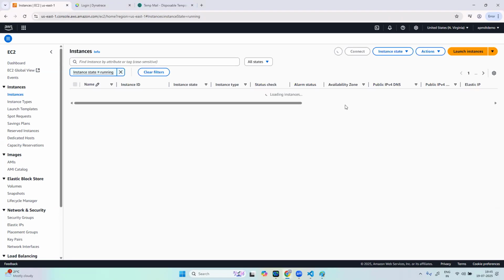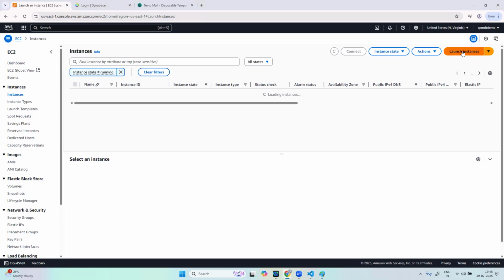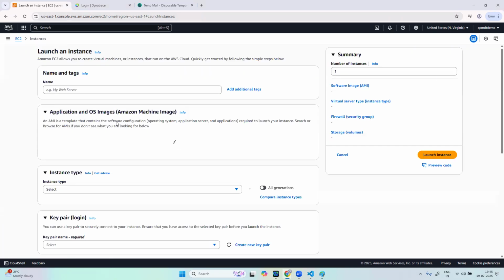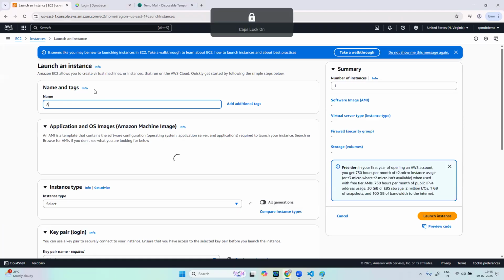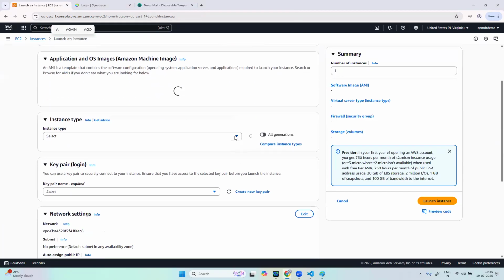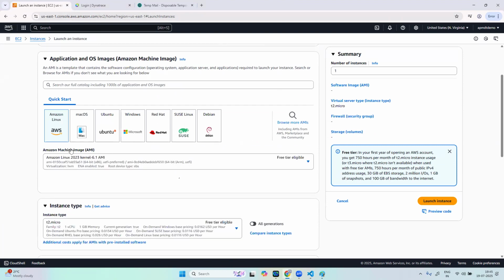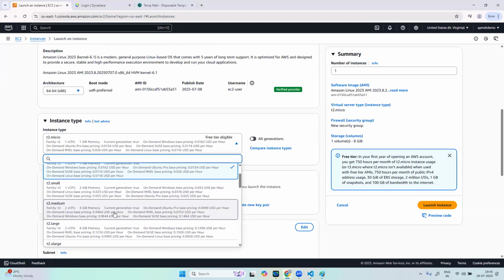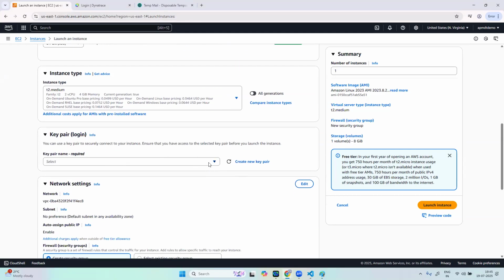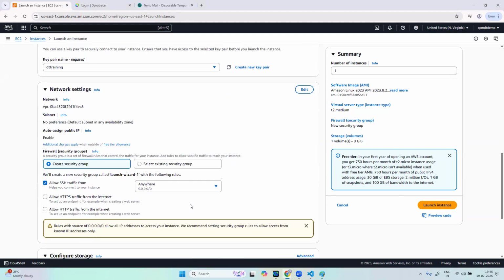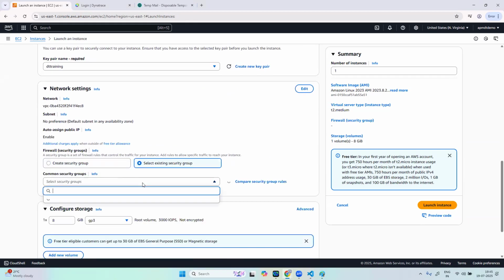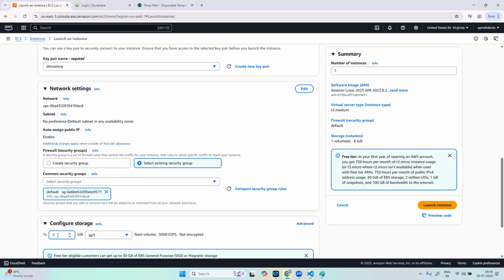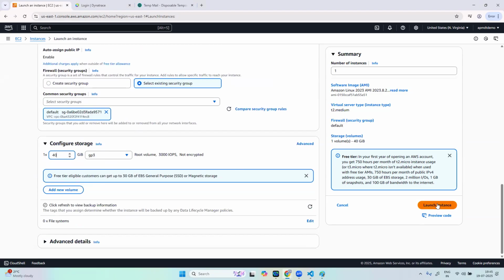Without ActiveGate also we can do it, right, Raghu? I'll come to that point. Okay, let me create that and then I'll come to that point. ActiveGate. Keep here. Imagine Linux only I'm taking. Then 2 virtual CPU, 4 GB of RAM. Keep a DT training. Security group, default. What is your space? Okay, so now,